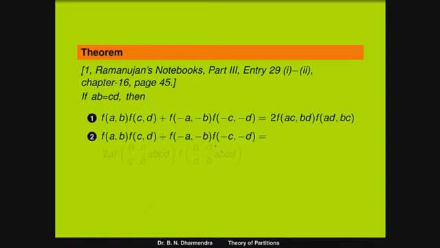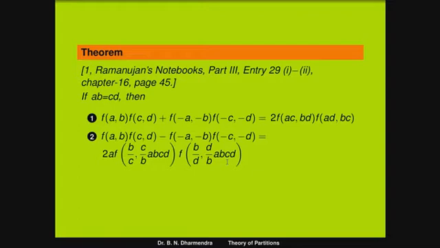Therefore f(a,b) f(c,d) minus f(-a,-b) f(-c,-d) is equal to 2 times a f(b/c, c/b) ... for a, b, c, d. We can observe the terms: we have to take the reciprocal of this term into a b c d into f(b/d), here b/c, here the terms are b/d, d/b, for a, b, c, d. So this one is also a very beautiful result.